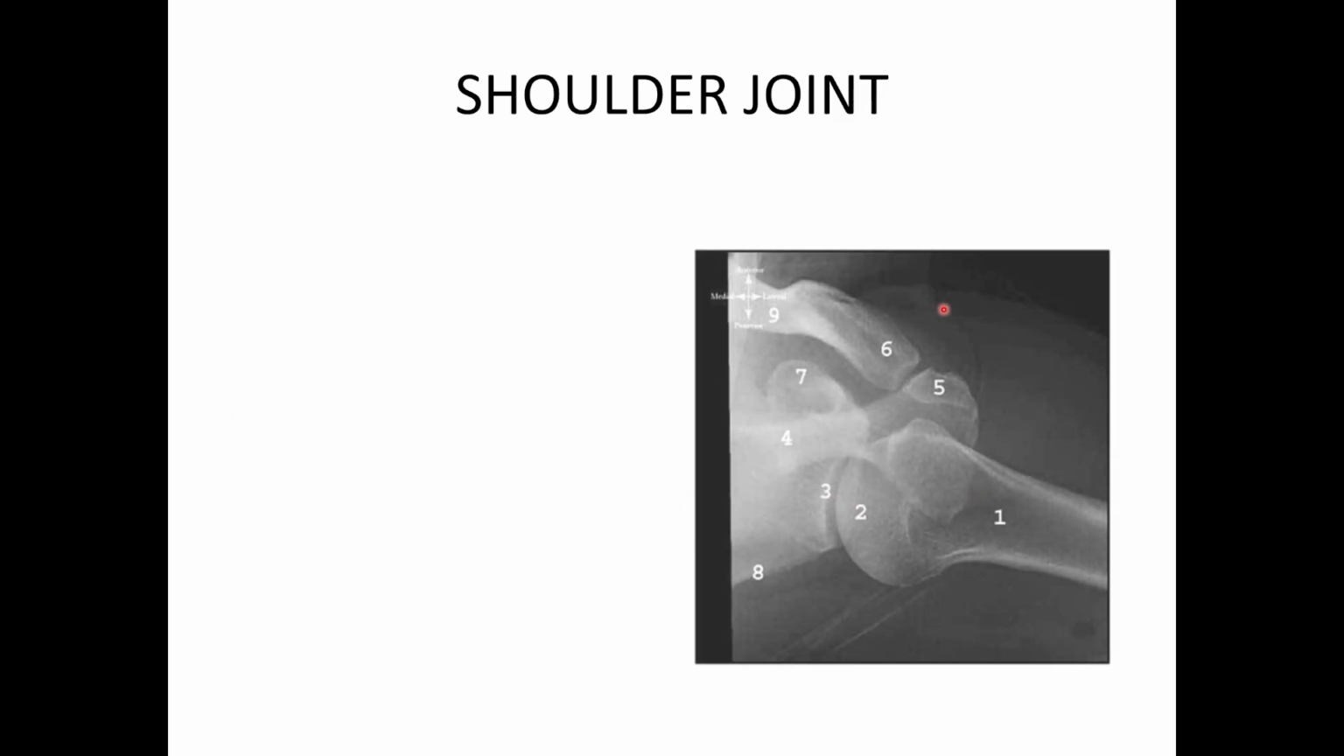Here we have another shoulder joint. This modality is plain X-ray and the view is axial. 1 we have the surgical neck of the humerus, 2 we have the head of the humerus, 3 we have